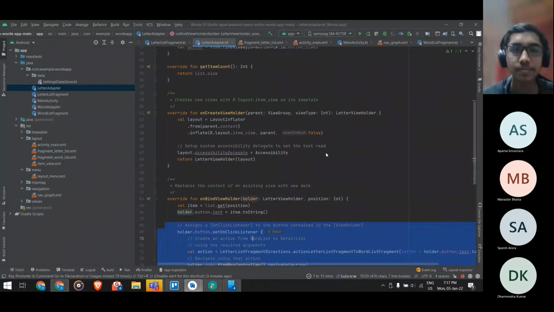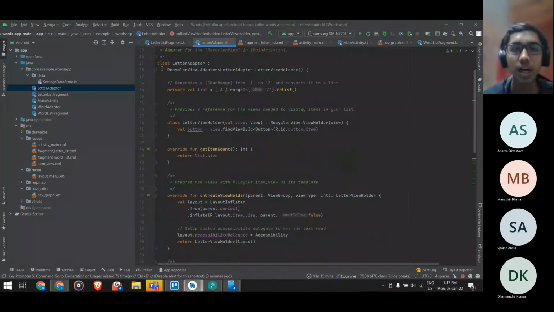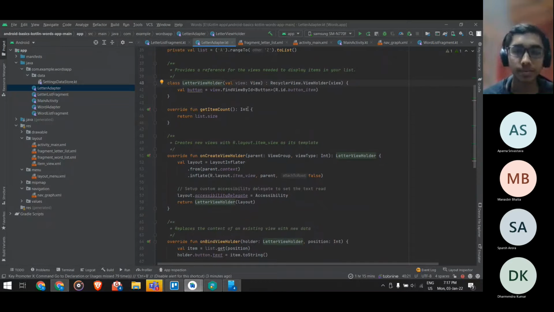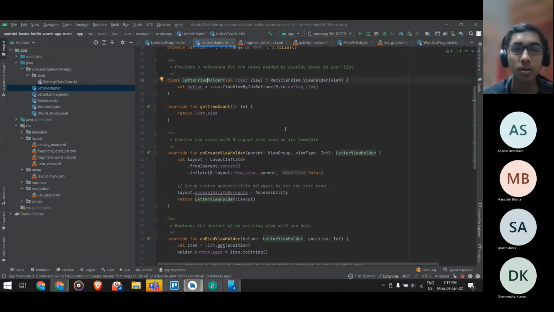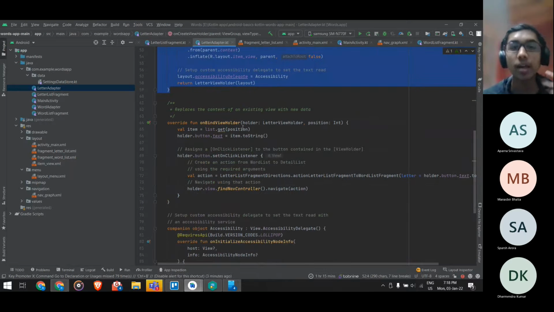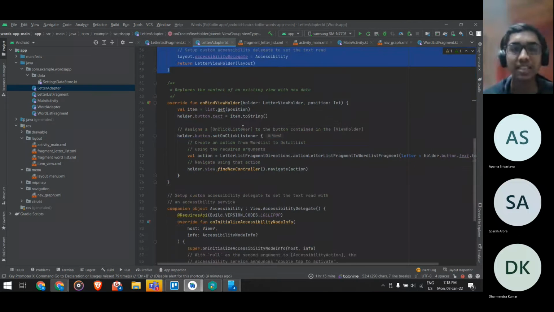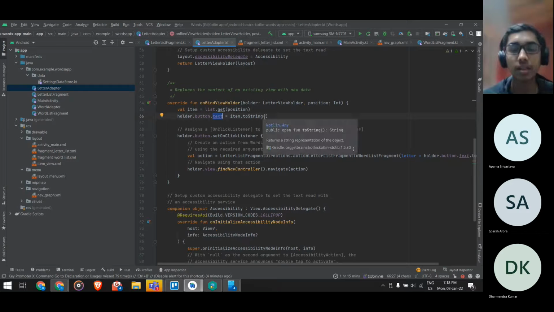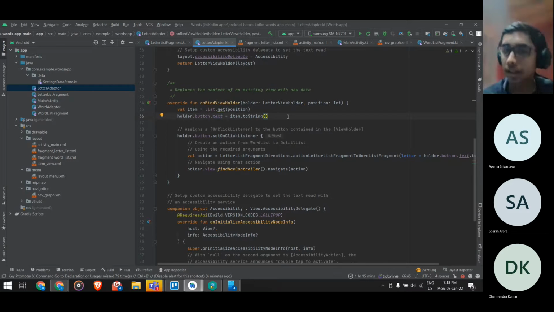All right. So last session itself, we saw how your recycler view works, the view holder, how it just gives you a reference for the views inside your holder, and then after that how we assign it using the on create view holder, and then in your on bind view holder we perform all the actions that need to be done. So if you see here, we assign the button the text that's there in that current position of the button, and then after that we say that when the button is clicked we need you to perform these actions.